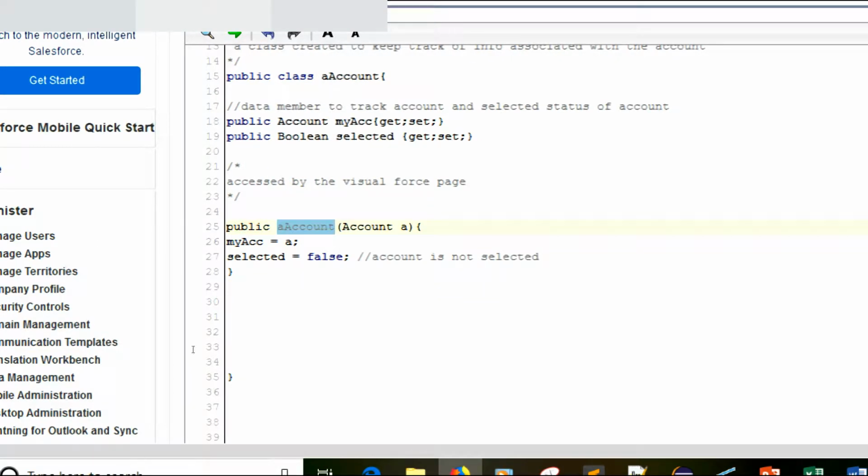So basically we just have our constructor here, which is going to take in an account, and this account is going to be A. And we're going to pass whatever the account is into this myAcc. And when I start creating my Visualforce page, you're going to actually see how this is going to be used. And also,